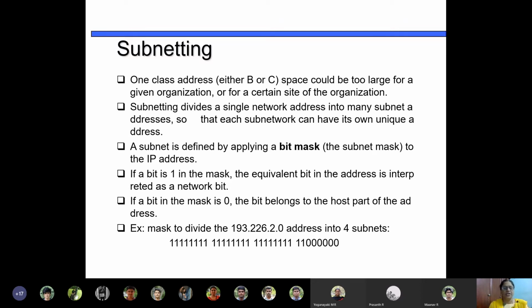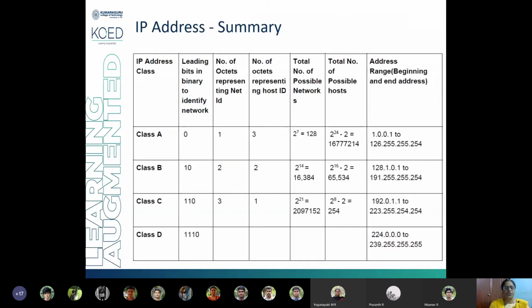So how is a subnet defined? By applying a bit mask to the IP address. If a bit is 1 in the mask, the equivalent bit in the address is interpreted as a network bit. From this table, you can see the number of net ID octets is 1. The default subnet mask for a class A address is 255.0.0.0.